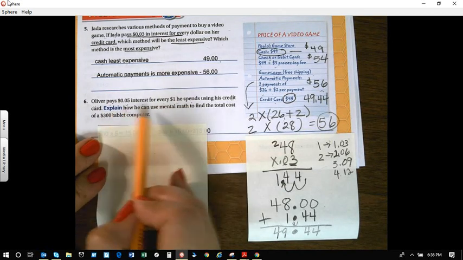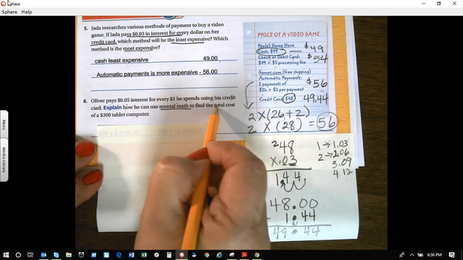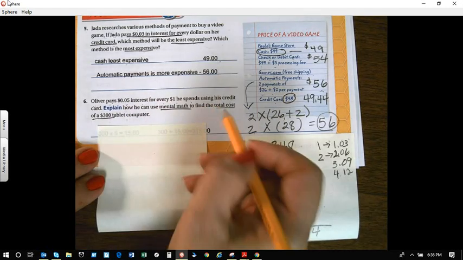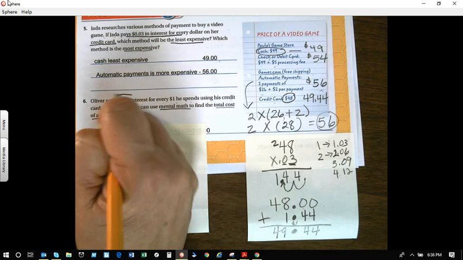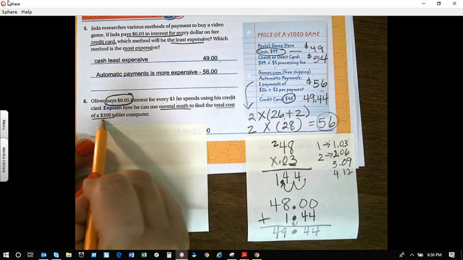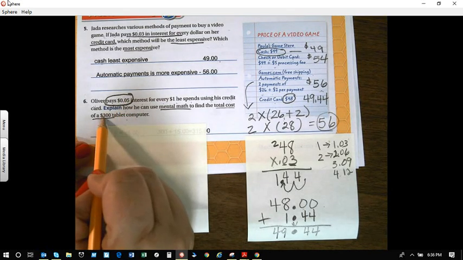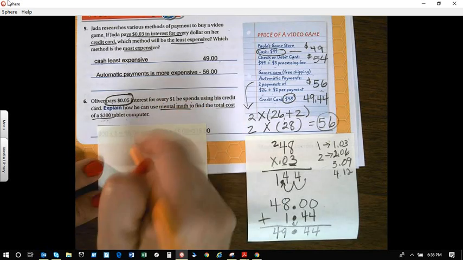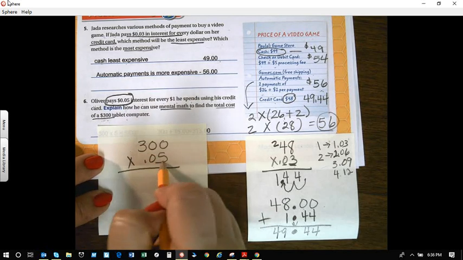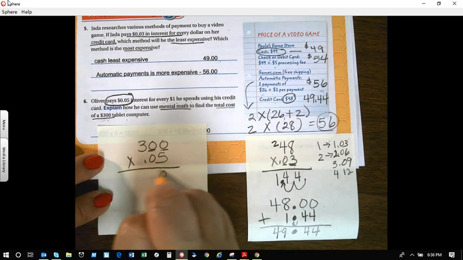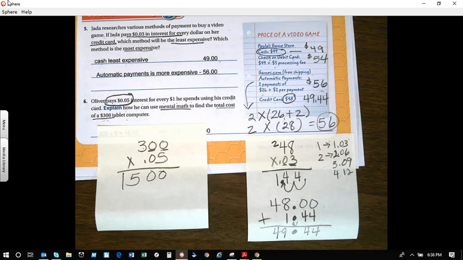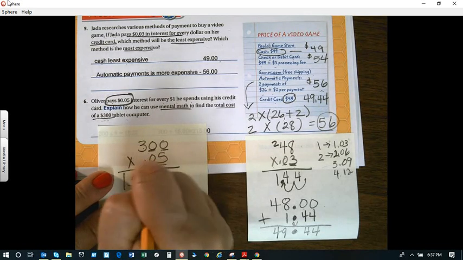Here it's explained how you can use mental math to find the total cost of a $300 tablet computer. All right, so I know that he pays out a nickel, and it's $300. Well, 300 times 5 is going to give me $1,500. I know that because in mental math, I have 2 zeros here, so I'm going to place my 2 zeros, and 5 times 3 is 15. That's $1,500. But then I have to think, I've got 2 place values to the right of this decimal. So I'm going to move it